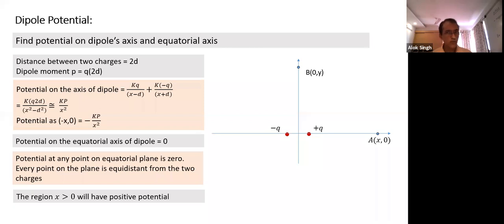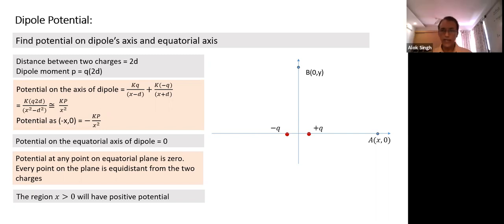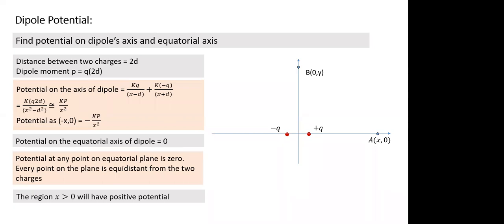What is the equatorial axis here? If I take x and y axis here, the normal convention, what is the equatorial axis? Equatorial axis, and what is the equatorial plane? Can you also define what the equatorial plane is here? YZ plane. The YZ plane is the equatorial plane. And is there another way I can define the YZ plane? X equals 0. Yeah, x equal to 0.